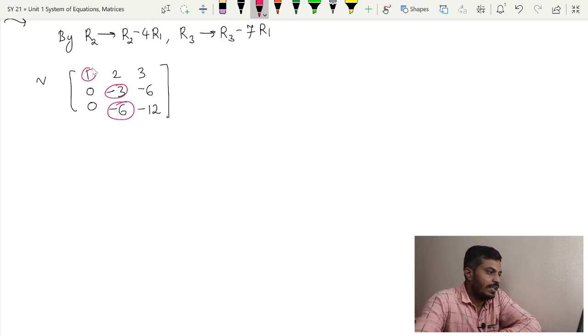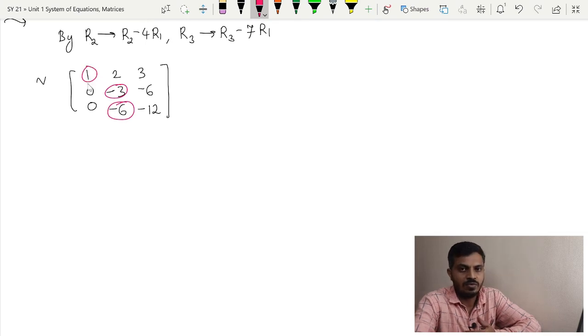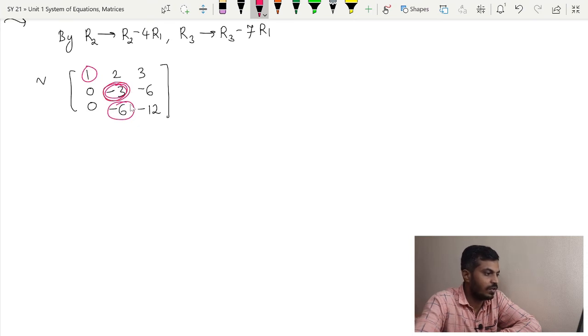Now we have already used our step 4 for the first row. Now we will move towards the second row. So by using this entry we have to make all the entries below it to be 0, and I have told you that we have to make this entry to be 1 for simplification. So can we divide it by minus 3 actually?